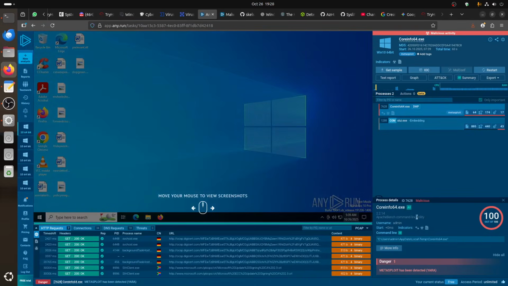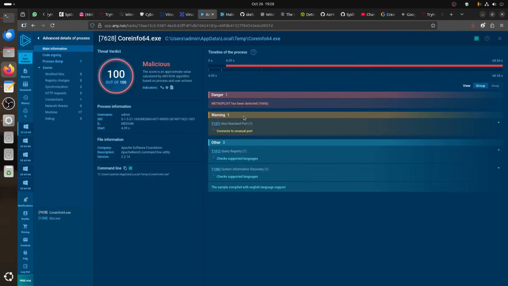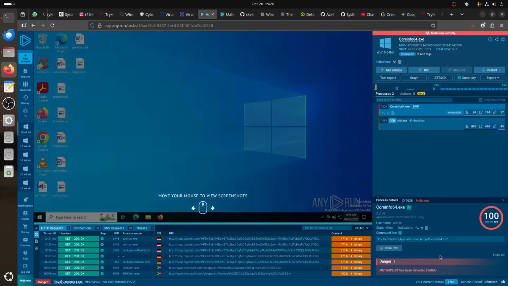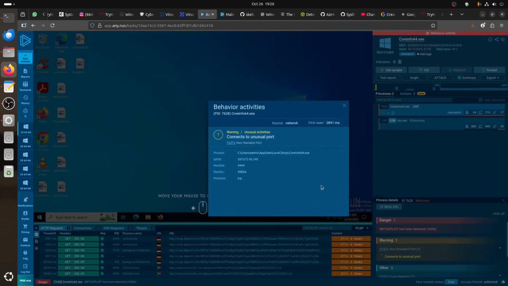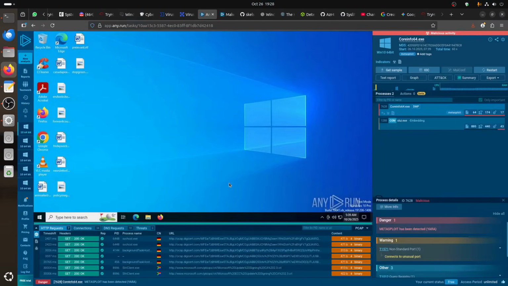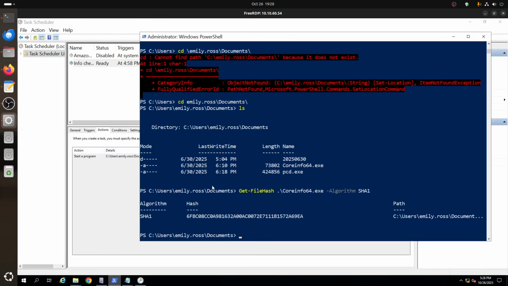And if you tell them where, for example here, more info, Metasploit has been detected, Yara, and then it tells you where it is. Let's go back there. That IP, where is it? Connecting to unusual port, and it tells you this IP 44. So you can know it's a dodgy character there. Of course, the question will be, we know the file now, it's this one, and